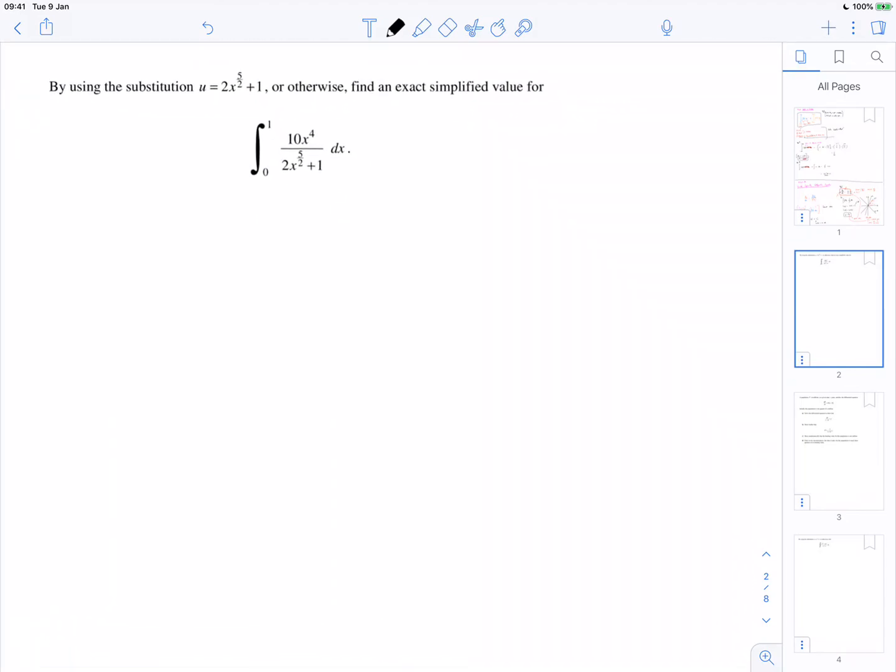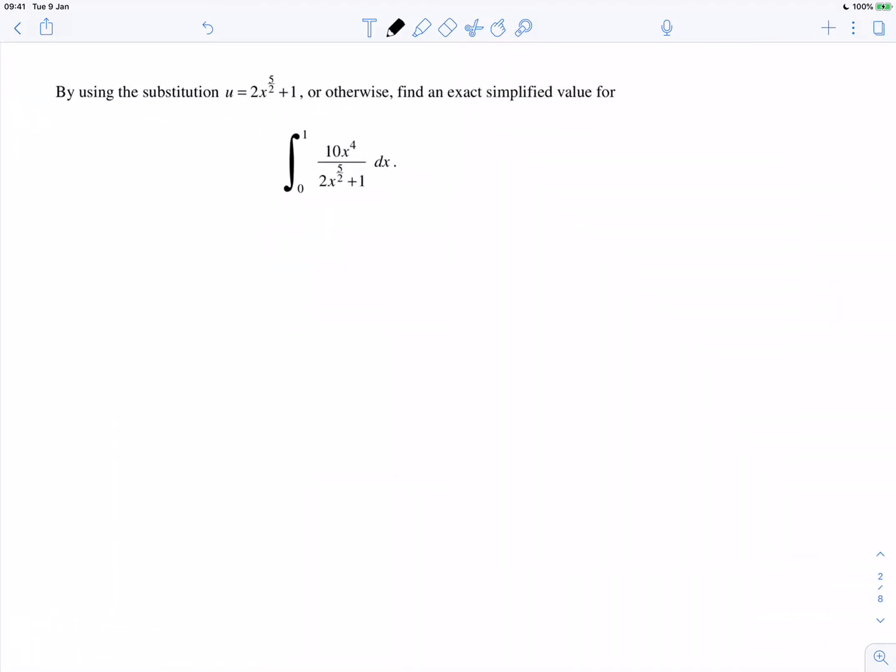Okay, so if you want to try some integration by substitution, give this one a go. Pause the video, I'll do it in a second. Okay, so it tells you what the substitution is. Using the substitution u equals 2x to the 5 halves plus 1, or otherwise, find an exact simplified value for this. Okay, so if u equals 2x to the 5 halves plus 1, maybe we should just work out what